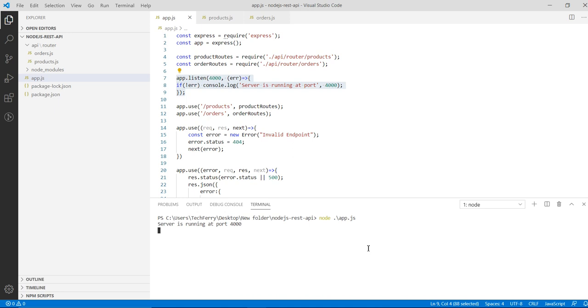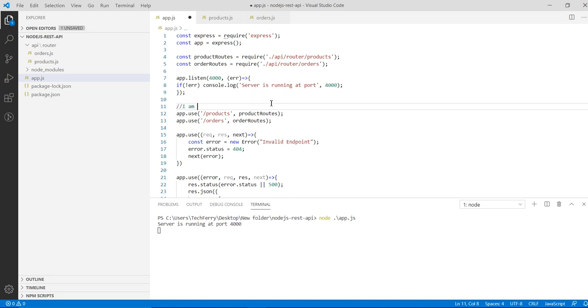So this is the way we start our server. Again, if I make any code changes and save them, these changes will not be reflected because I have not restarted the server after I made changes. So again, I have to restart our server every time I make any code change in our file.